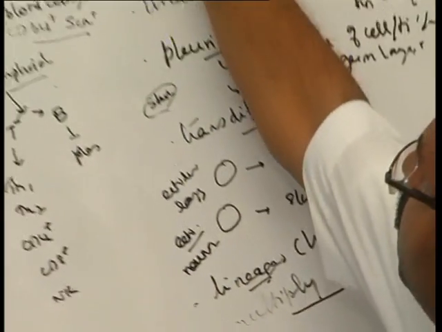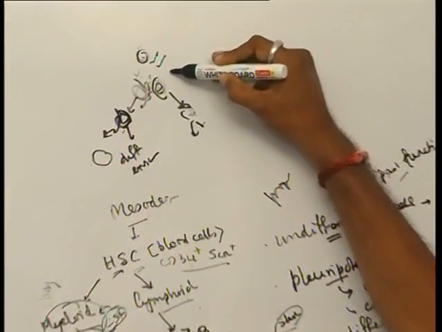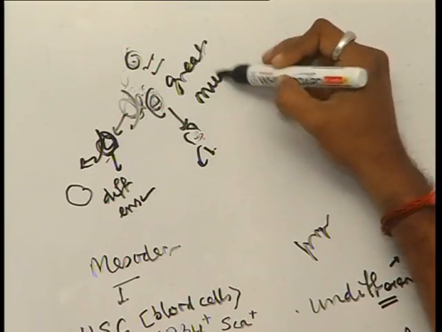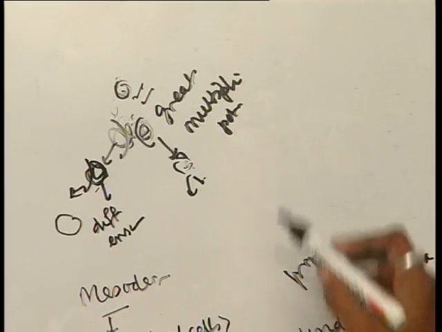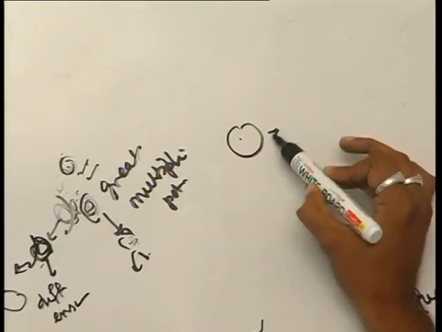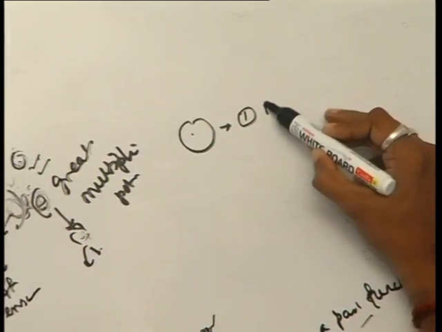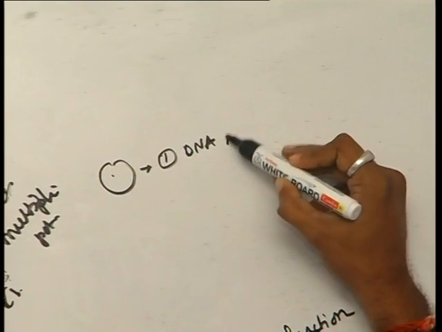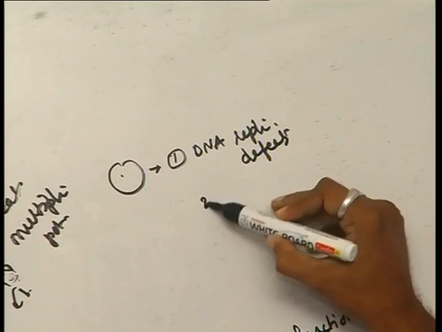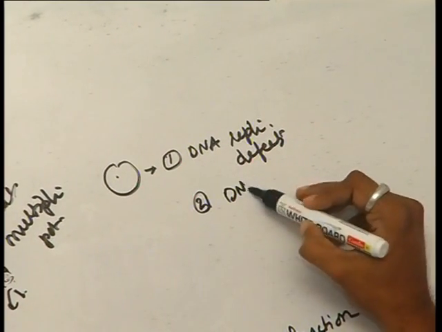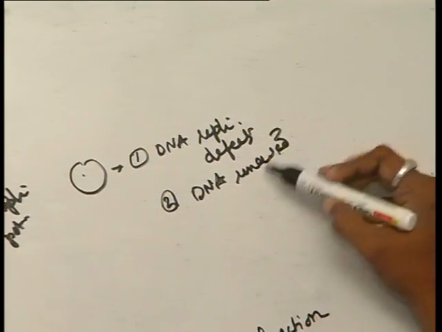Since it starts from very few stem cells, the other cells are formed. This stem cell must have great multiplication potential. So if your cell wants to divide for a longer time, the first thing you require is the DNA to be replicated without any defects, and second, the DNA ends must be renewed at every division,